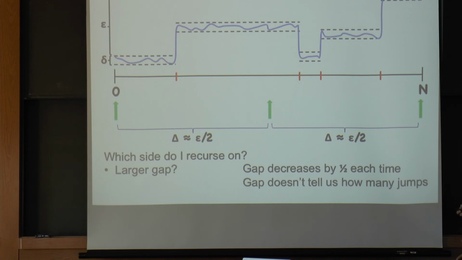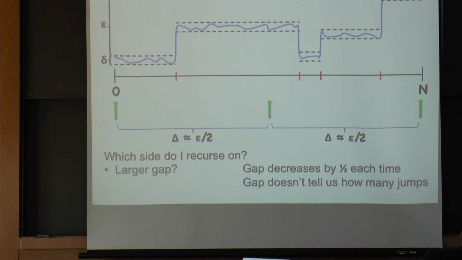So here on the entire interval, you have a gap between left and right of epsilon. Now, let's say this one's the one that's slightly bigger than epsilon over 2. The next time you recurse, it might be slightly bigger than epsilon over 4, and so forth. And you can actually come up with pathological examples where recursing on the larger gap really does lose you this factor of a half every time. And eventually, if you keep losing a factor of a half, your epsilon variation will be lost within the noise delta here.